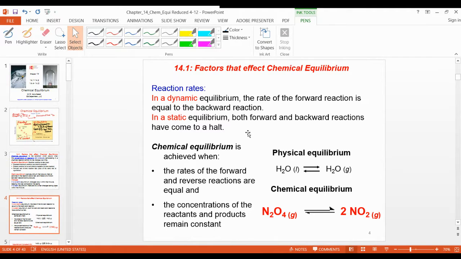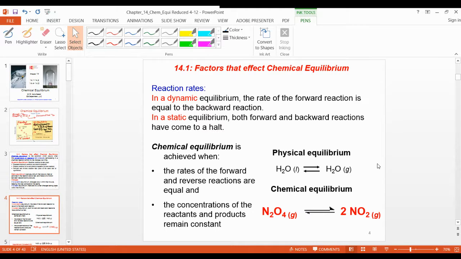Now there are physical change and chemical change. How do we define what happens in chemical change and what happens in physical change? For physical change, a simple example we have taken is water. Water has 3 different states: solid, liquid and gas. If you heat the water, it becomes vapor, that becomes gas. If you condense the gas vapor, it becomes liquid. And for the liquid, you just put it in the freezer, that becomes solid. So this is the physical change, and the equilibrium set up between solid to gas or gas to liquid. That is physical equilibrium.